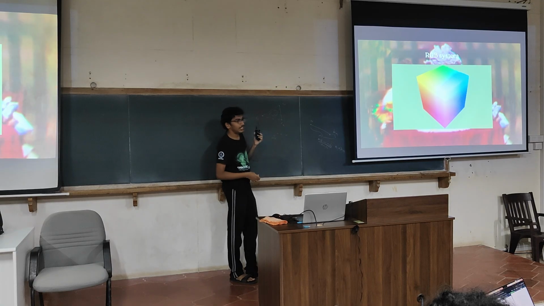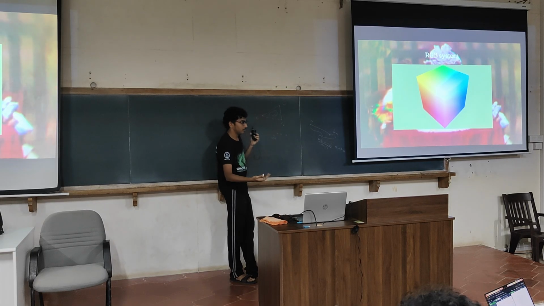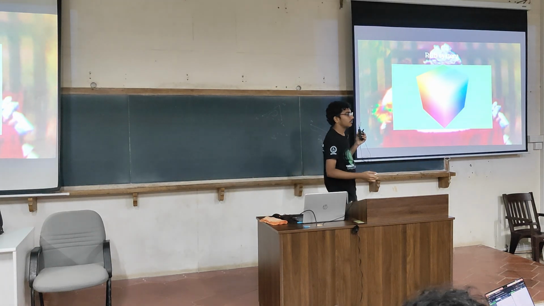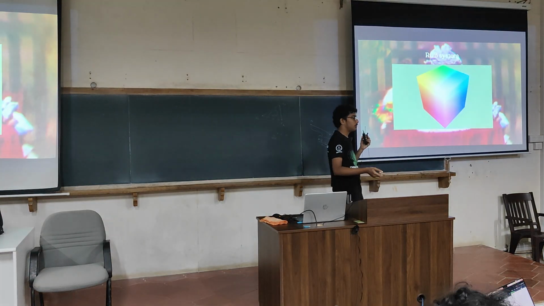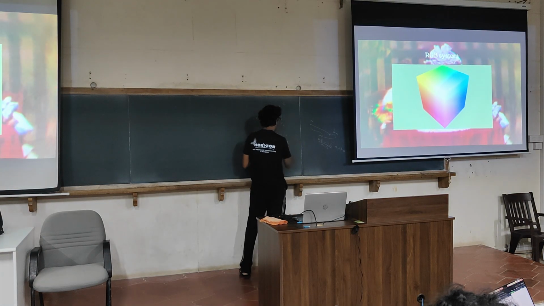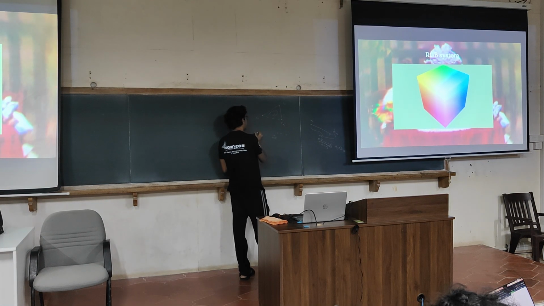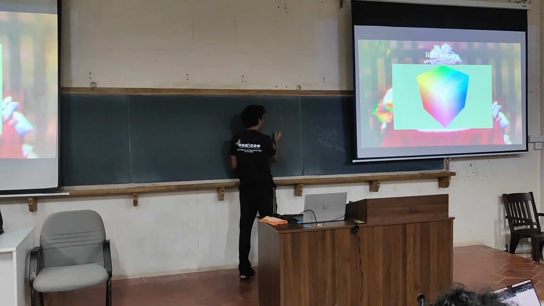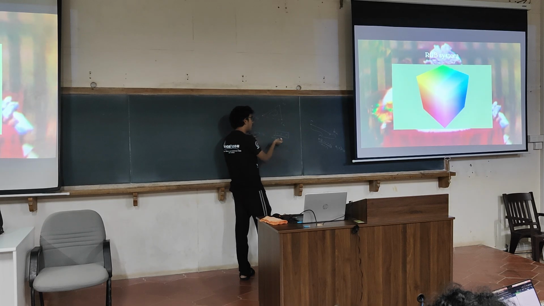Why 255? 0 to 255 has 256 values, which is 16 into 16. So one value I will use a hexadecimal number. This is also a hexadecimal number. I can represent the entire RGB color code with